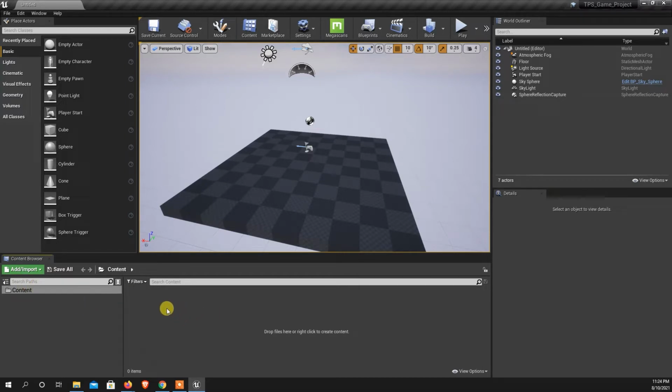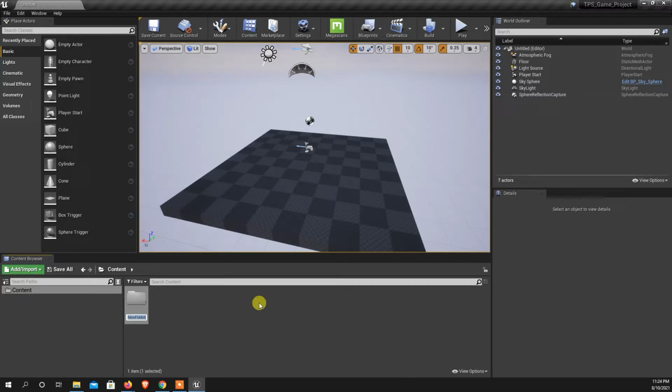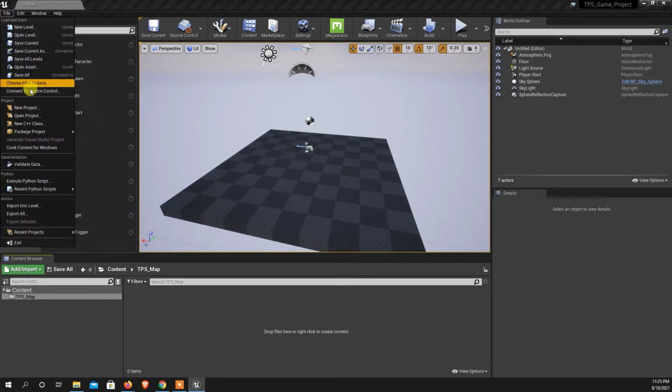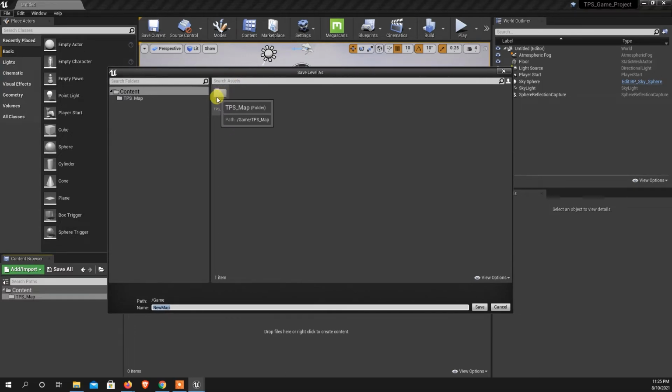First of all I will create a new map folder. I'll create a TPS underscore map. Here I want to save my first level. So go to File, and here I will say Save Current As. I want to save the current level inside this folder. Select this TPS map,